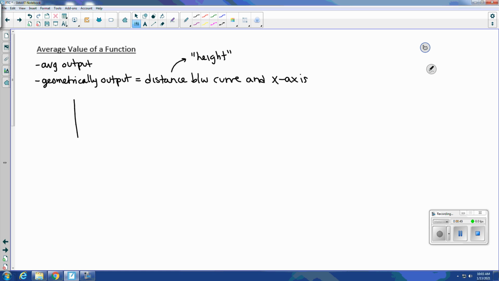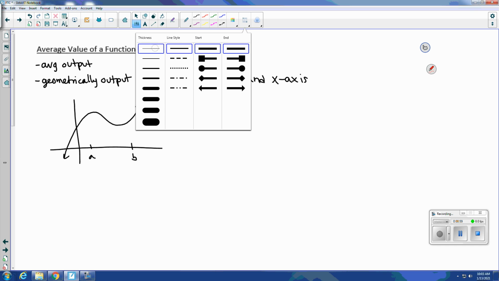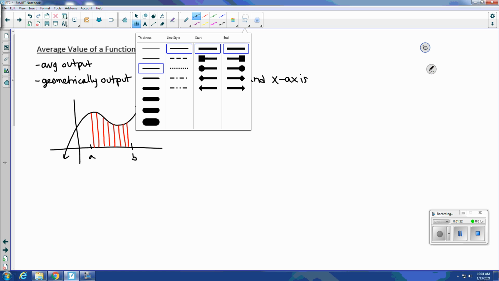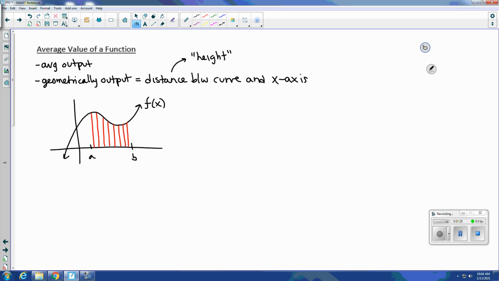So visually, let's say I have some function, f of x, and we're looking along the interval from a to b. To find the average height, what we may do is select a certain amount of values between a and b and determine their outputs, which I'm representing by these red lines. We may add together those outputs and then divide by the number of outputs that we chose. That's how we would average that value. So let's put that into a formula. So to get the estimate,